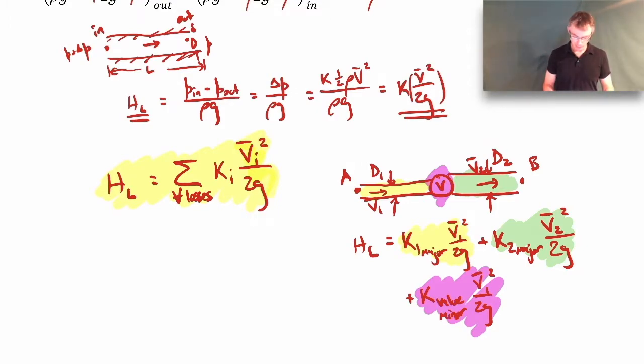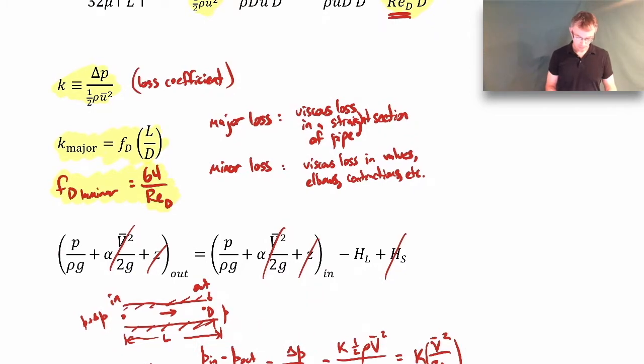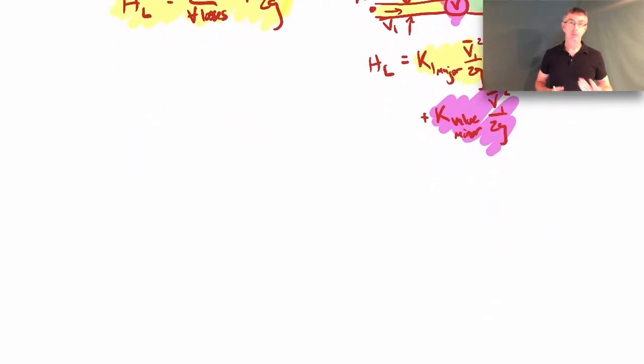If you're dealing with major losses, it's found using this expression here. If it happens to be a laminar flow, then you can use that. If it's turbulent, we'll deal with that in just a moment. If it's a minor loss, then your K value you would have to find from a table, which we'll talk about in a moment as well. So let's go ahead and talk about how we deal with